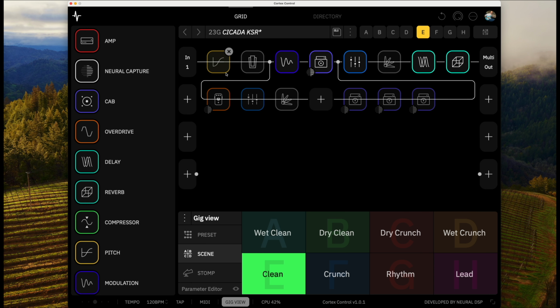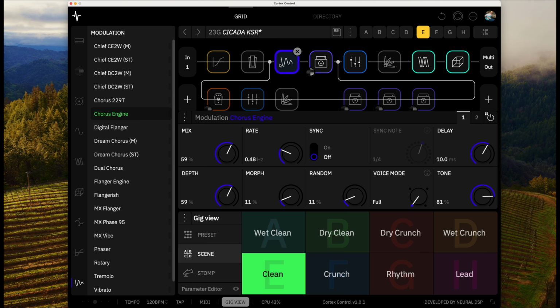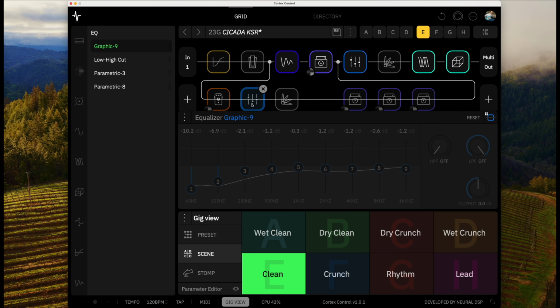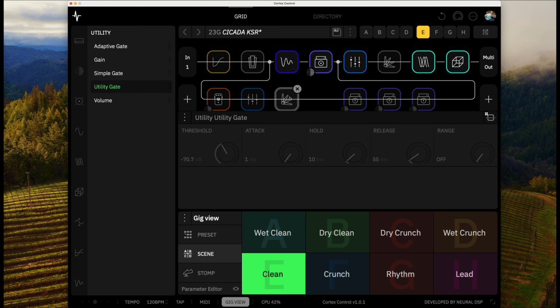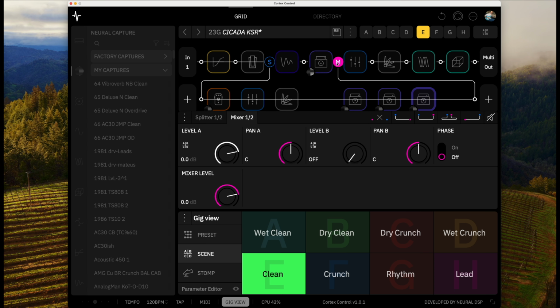So we can see he's got a pitch shifter into a wah, and then he's got a split with one side having an amp and a chorus, and the other one doing a clone and EQ, where he's really pulling back the lows. You've got the utility gate, red crunch, and the 3 amps. And they all have their speakers built in. And then the mix,